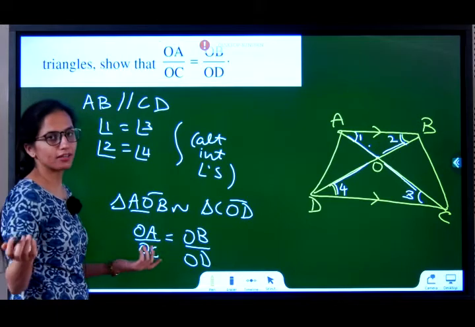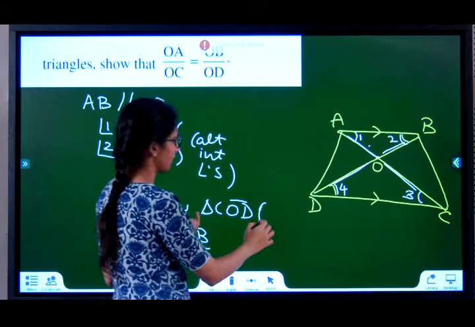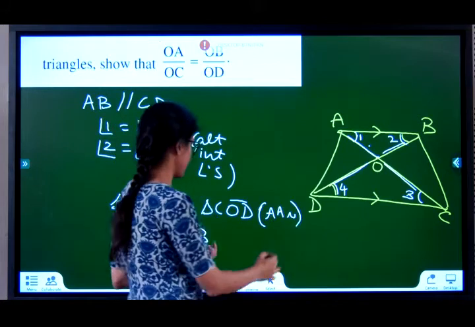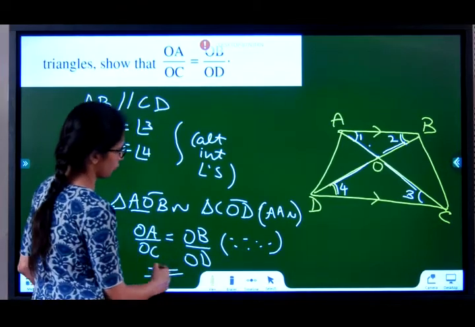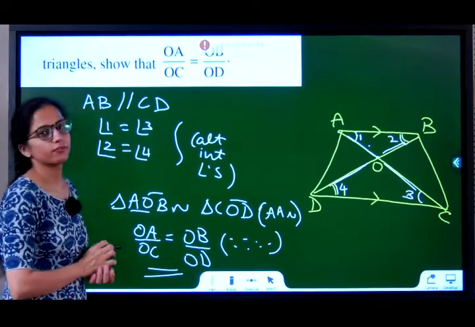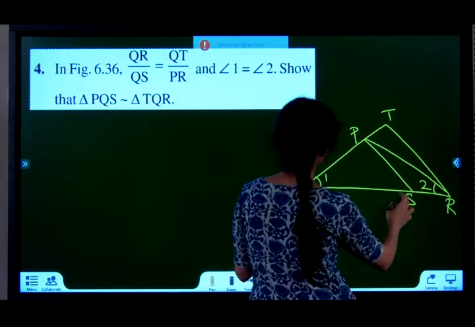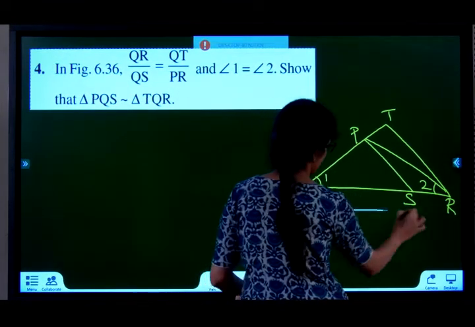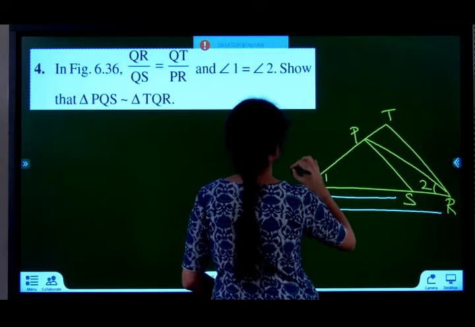You can take AB, but they don't want that. So stop here. Reason being, what was this reason? AA similarity criteria. What is this one's reason? Corresponding sides of similar triangles are proportional. Hence proved. In the figure, it is given that QR by QS, see carefully, QR by QS is equal to